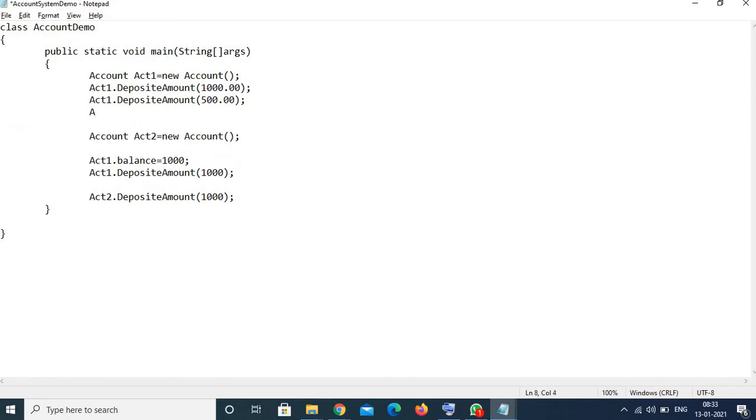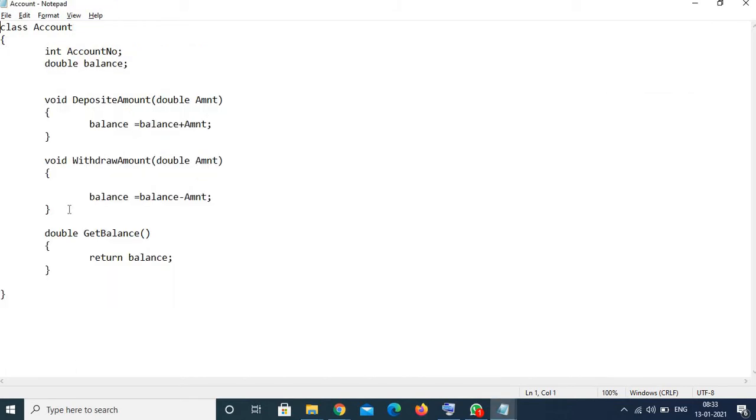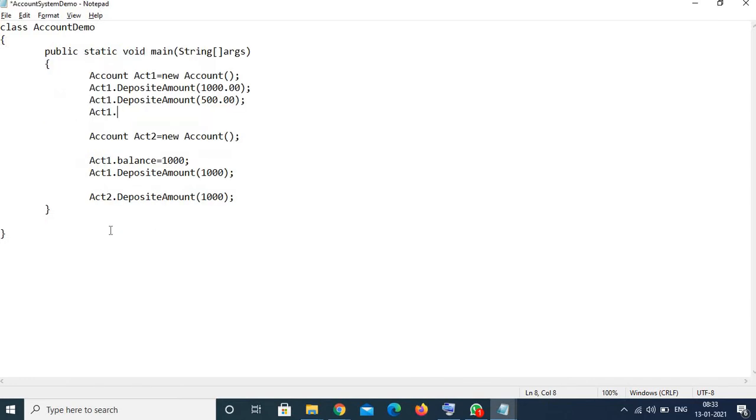Like what is my current balance? I just want to know. So this customer wants to know his current balance. So it's called get balance. Now this is the journey of this account object. Since it is created, you can say that the account has been opened in the bank, in the books of account, the account entry has been created.